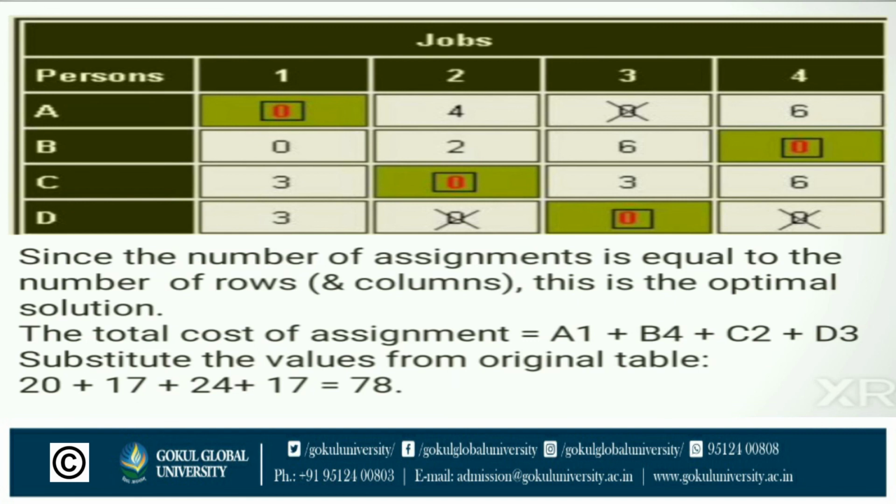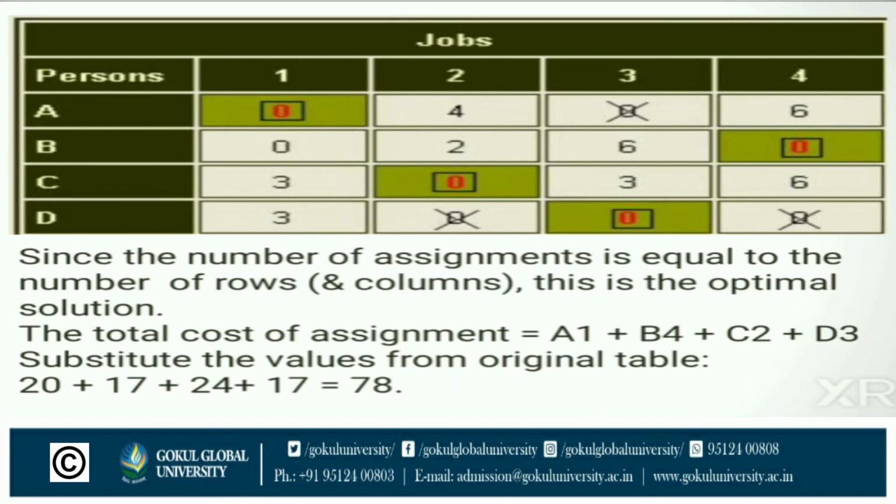Now we can find the minimum cost from this assignment. The total cost of the assignment problem is A1 plus B4 plus C2 and D3. Here we cannot choose the values from this table; we use the original cost matrix.